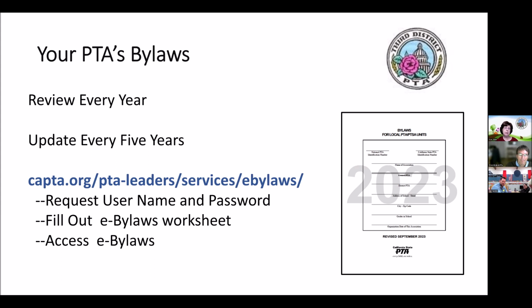And so there is a procedure for changing things, because the process is you have to work with the third district parliamentarian, and then they go through to the state PTA parliamentarian for review and signature, and then they come back, and then your membership votes to adopt the updated bylaws. So you can wait the 5 years, you can update every year, or maybe in 2 or 3 years you look at them. I recommend doing it at least every 2 or 3 years, because the California State PTA updates